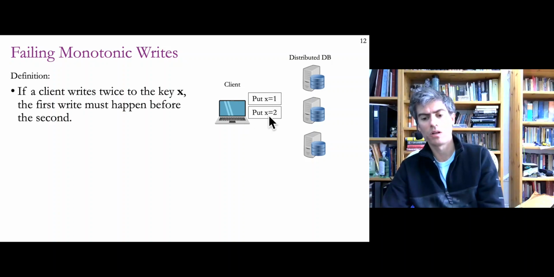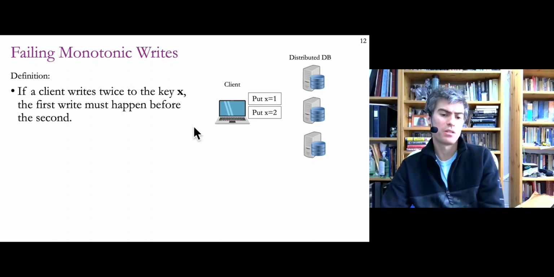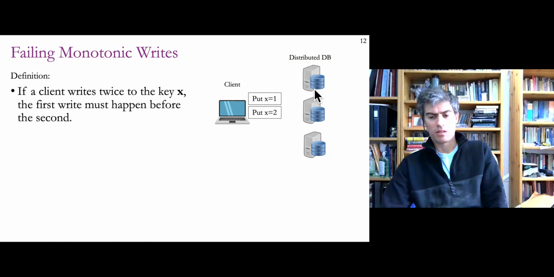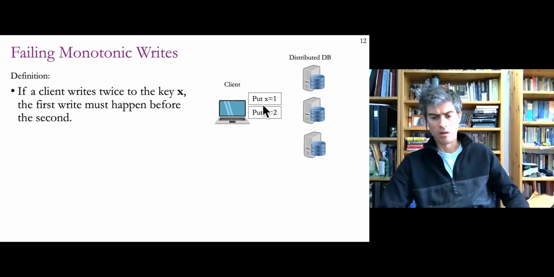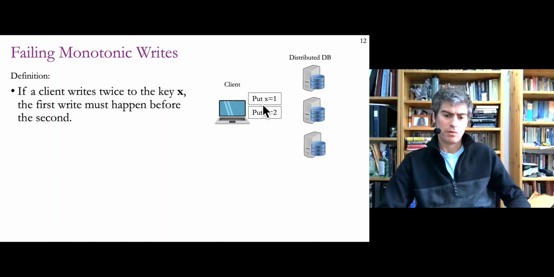We want the x equals 1 to be written before the x equals 2. The reason we want to enforce this is because later on, if someone's doing reads on any of these nodes, we want them to see the changes in the same order that they were created, right? So I guess it's a reasonable